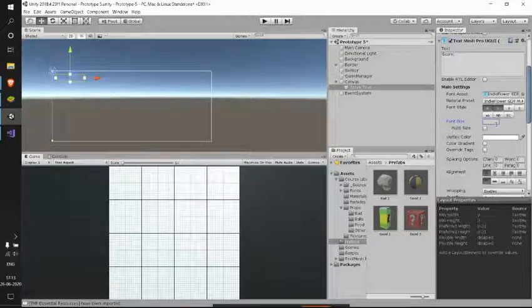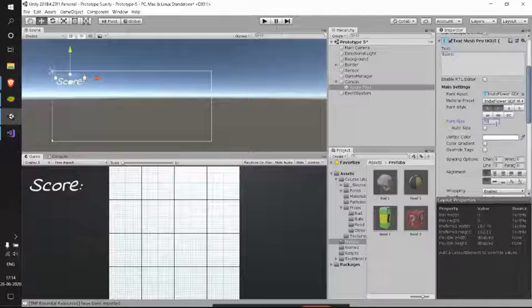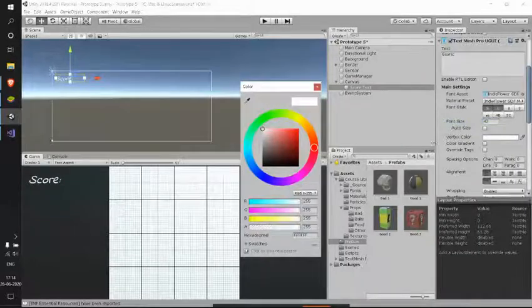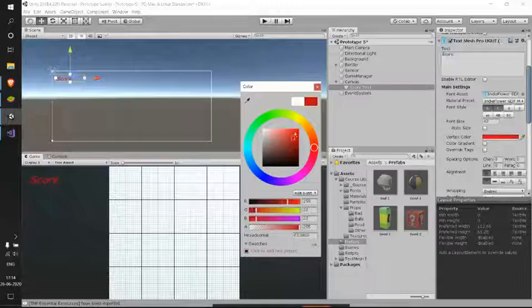See, if I give something like 70, even then it's looking bad, so let me give this as 42 as of now. We can even change the color of this, so let me give it some value. Yes, I guess that is cool.